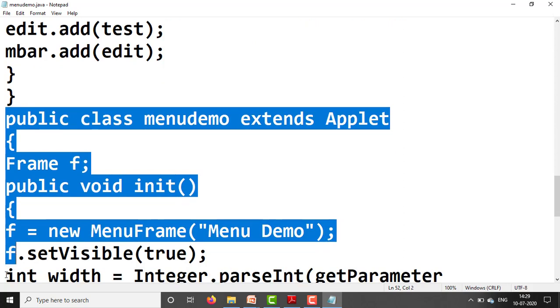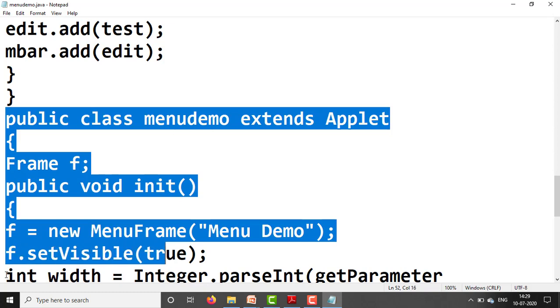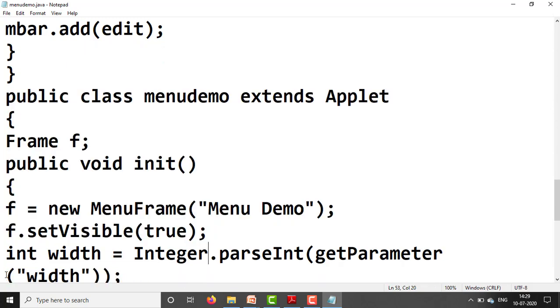Next, whenever we are doing frame programming, that frame needs to become visible by passing the true parameter, and that we are doing like this: f.setVisible(true), which makes the frame window visible.